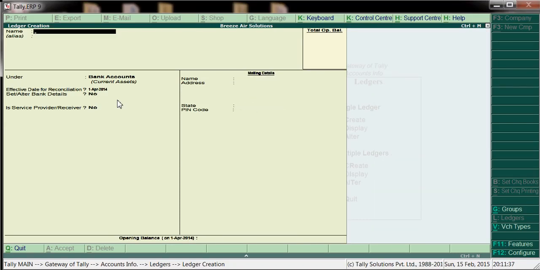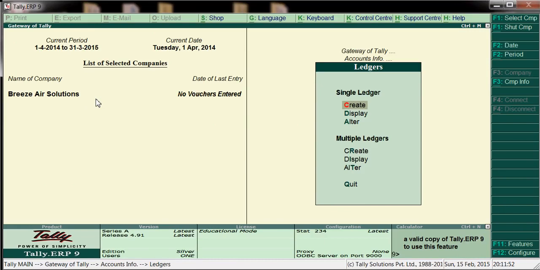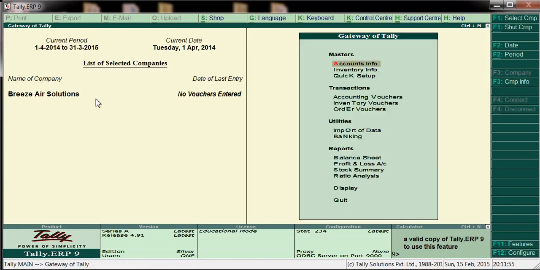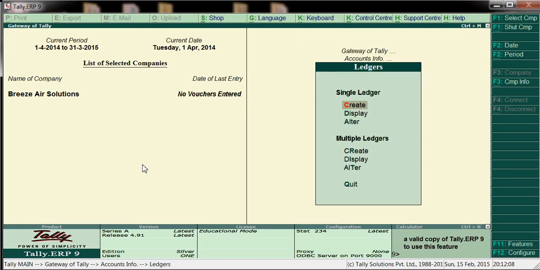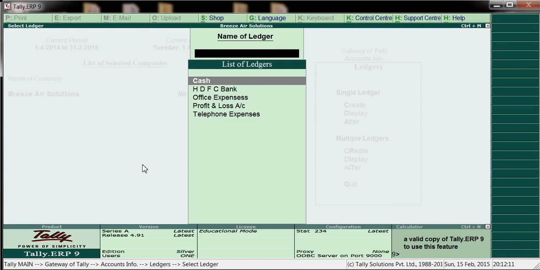So we have created a bank and two expenditure ledgers. Come back to the main screen with escape. If we want to see the created ledgers, go to accounts info, ledgers, display or alter. Here we can see bank, office expenses and telephone.